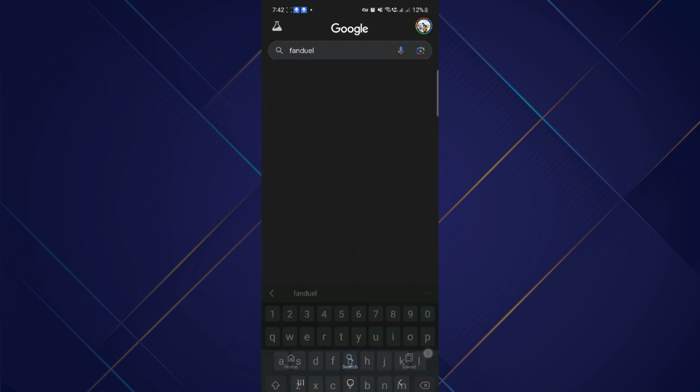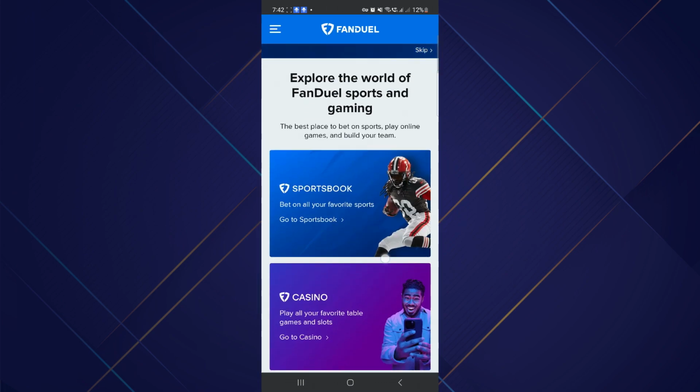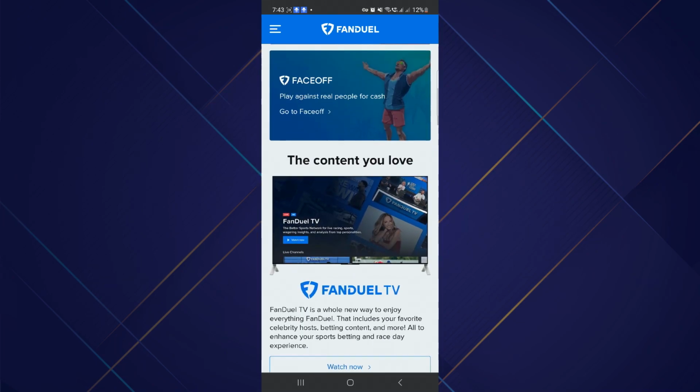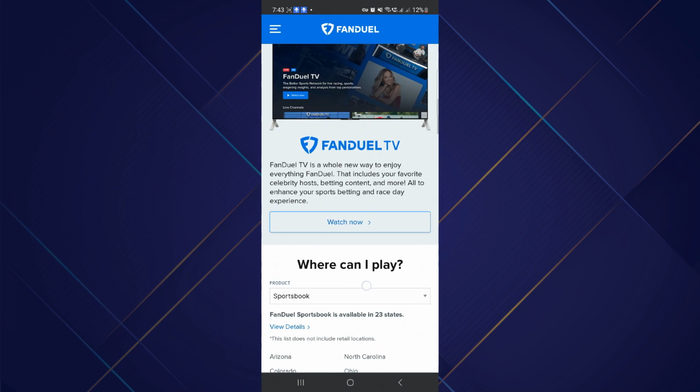Under the Withdraw section, you should see a list of available withdrawal options. Find and tap on Fanduel to proceed. You will be prompted to enter your Fanduel account number and password. Provide this information accurately, and once you've entered your Fanduel account details, tap on the Withdraw button to initiate the